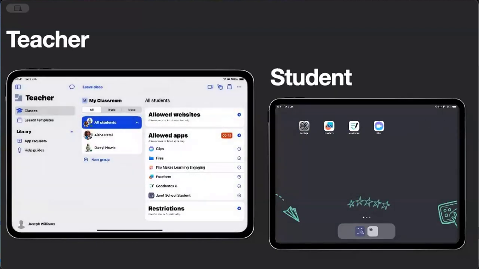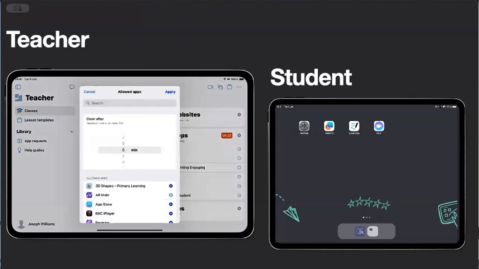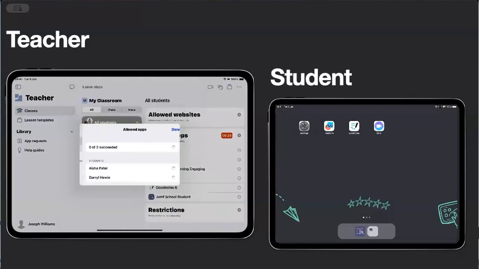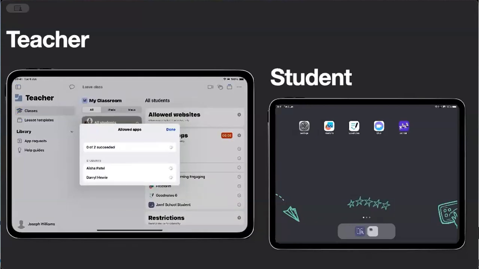Now, at any point, I can see exactly how long I've got left on that restriction. I see the timer alongside where it says allowed apps, and I see the allowed apps that I have for the students. If a student wants to have an additional app at any time, I can easily just tap the plus, choose an additional app, tap apply, and it's going to add that additional app to their device instantly. Because the apps are technically always on their device, they're just hidden from students' views, so they can't go into